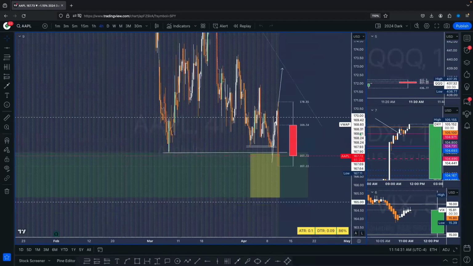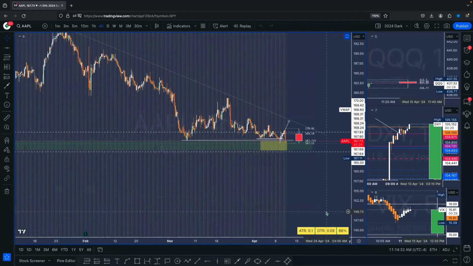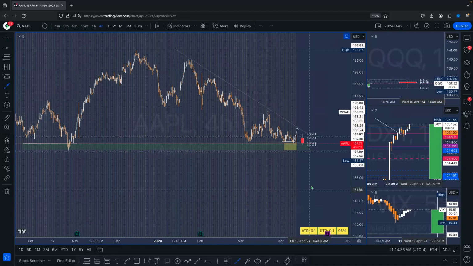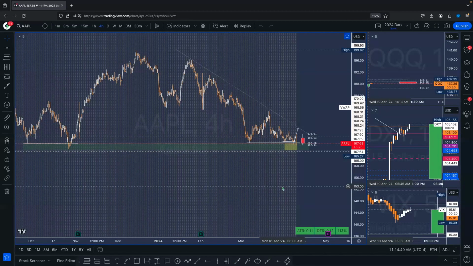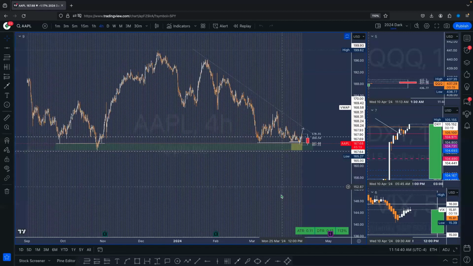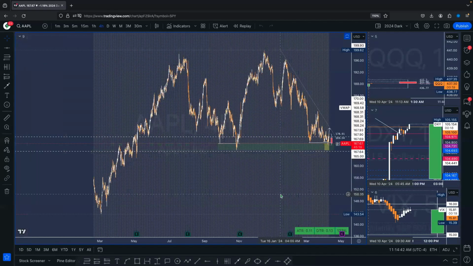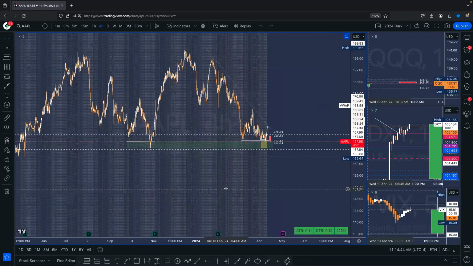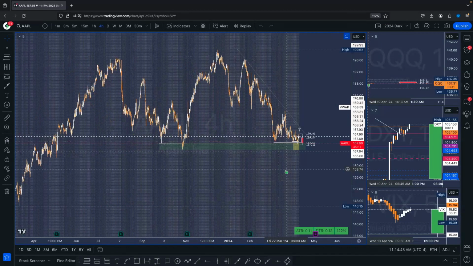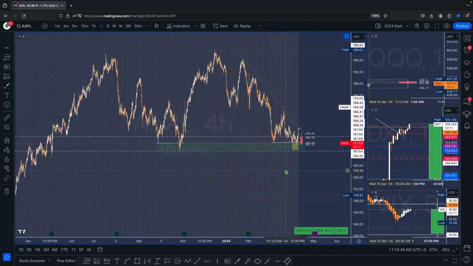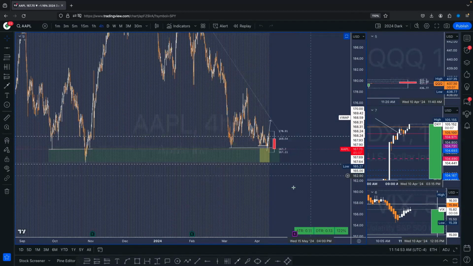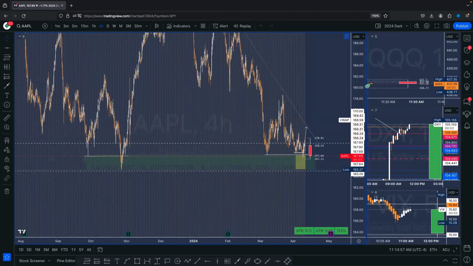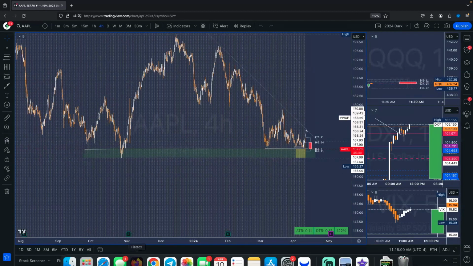Right, and in the grand scheme of things, where's Apple? There's the grand scheme of things. Don't get too caught up in the smaller time frame on these swings. Just think of the grand scheme of things. This is where Apple is. All right, so the last time it was in here, I had this aggressive reaction. But now it looks like it's going to grab these lows. I'm betting on having the same kind of reaction. And of course, that took some time to play out, right? If you kind of look at the duration,